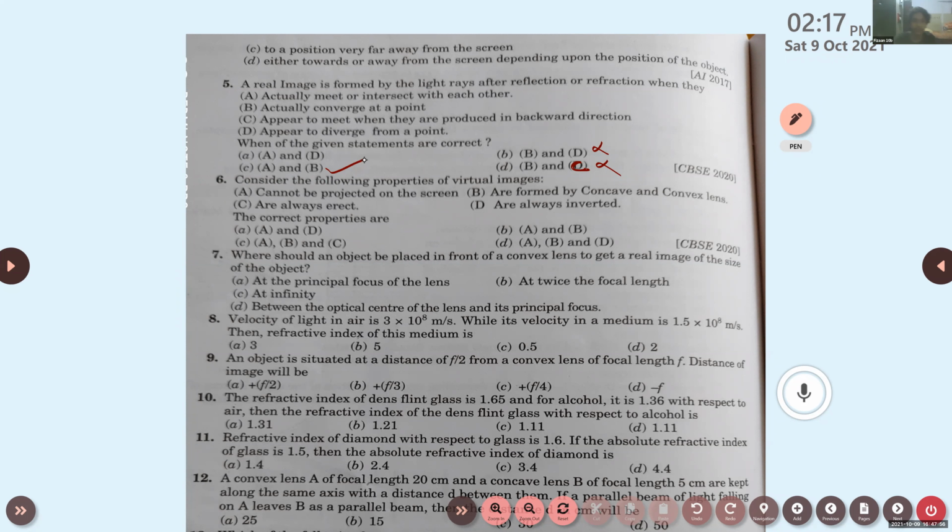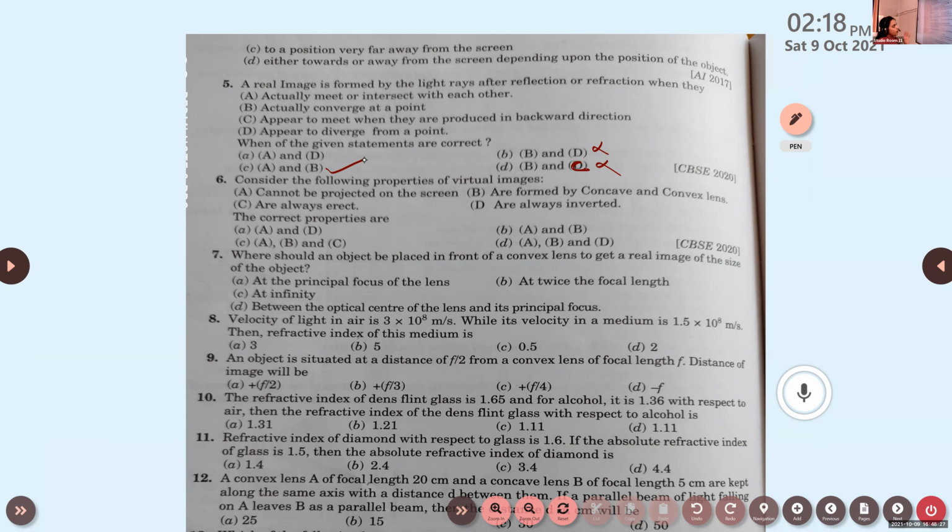Our real image means when we stand in front of the mirror, the mirror shows our face. Okay, any other explanations? Ma'am, a virtual image will be found behind the mirror. Virtual images are always formed behind the mirror. Real images are formed in front of the mirror. Do we obtain virtual images on the screen? No. This is the exact difference between a virtual image and a real image.